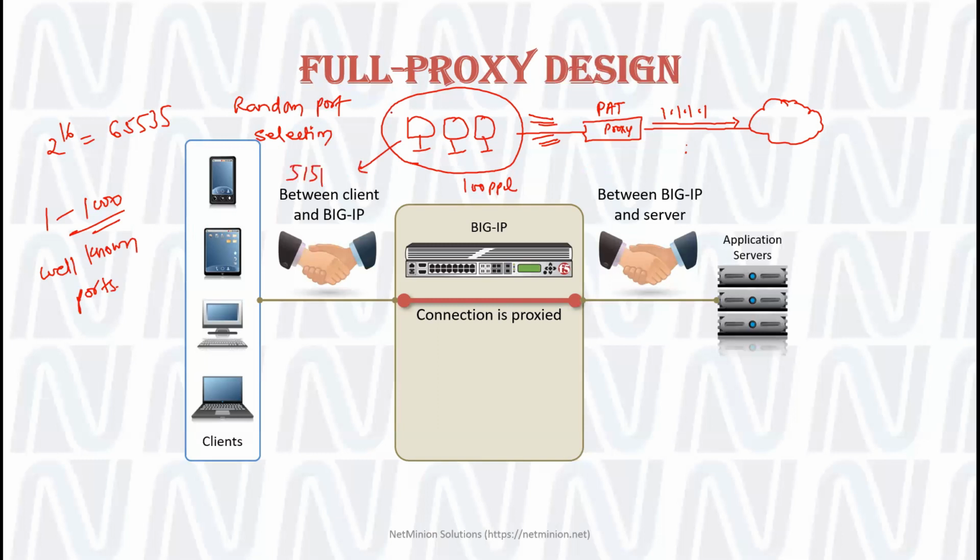Its IP is a private IP, let us say 10.10.10.10. So how will the packet move? It will be 10.10.10.10 and 5151. But when it goes to the internet, it would be 1.1.1.1:5151. Let us say the next is 10.10.10.11:5152, and that will go as 1.1.1.1:5152. Similarly 5153 and so on. It can be one IP or more than one IP, depending on the scenario. This is how your forward proxy works.